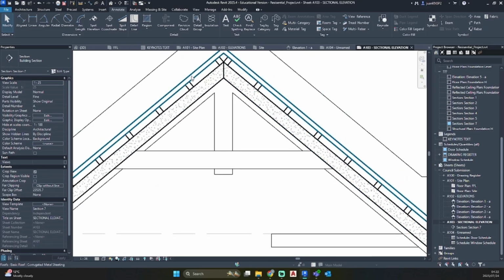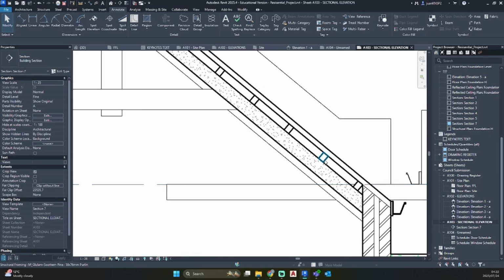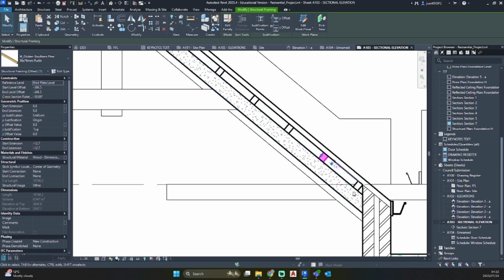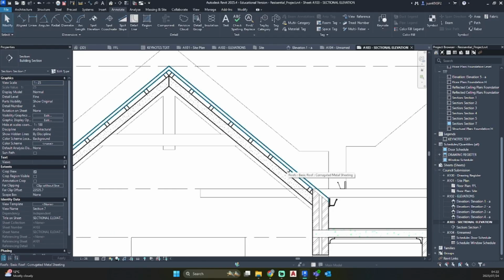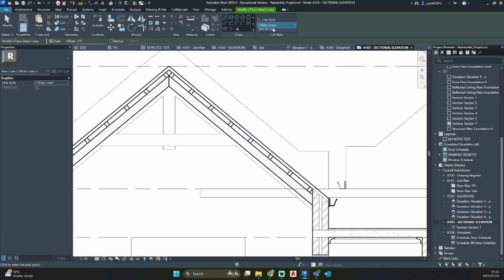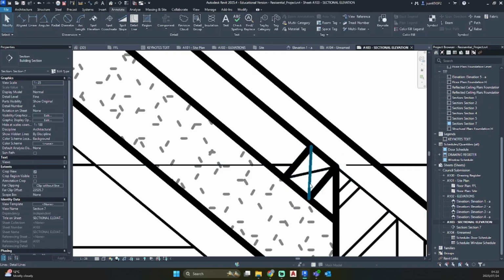There's our ceiling that we've created with our purlins. So now we need to go and create a cut pattern for these purlins. By that, we can just do DL on your keyboard, go to line style and select thin lines. So now we are just going to draw in these little X's on our purlins.